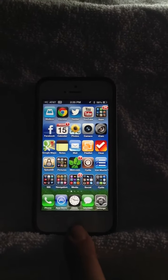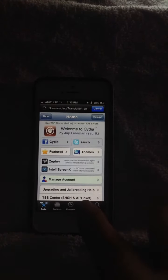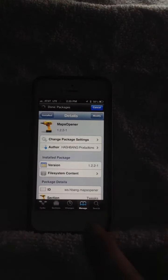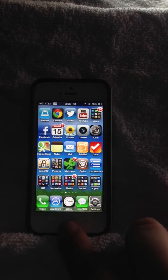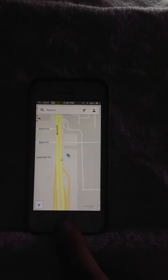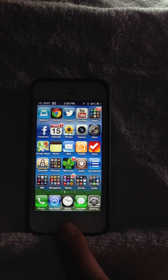Number four, Maps Opener. What Maps Opener does from Cydia, let me find it first over here, down to M. Maps Opener. Once you install this tweak, every map link that you click on in your iPhone will open Google Maps. So if you want to ask your iPhone for directions, instead of going to Maps, the regular Apple Maps, it will go to Google Maps. For example,